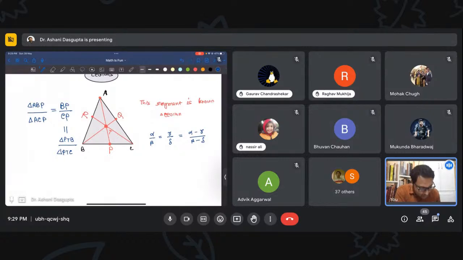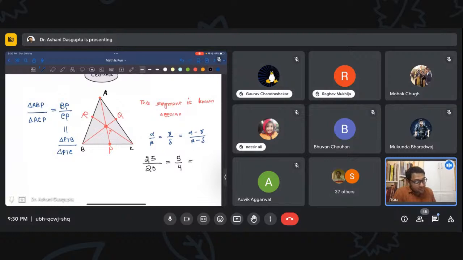And you can check that this is true. If, let's say, 25 by 20 is equal to 5 by 4, which is obviously right,